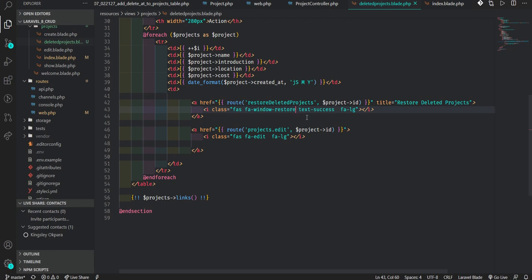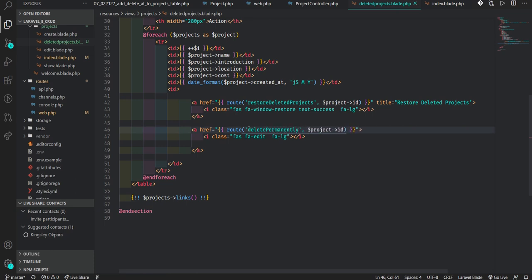When you are doing your own, you do this. Now the next one. Like I told you, I'm going to teach you how to restore it, and I am also going to teach you how to permanently delete the data from your database. So you can choose to soft delete it, or you can choose to force delete it, that is deleting it permanently. It will be gone from your database. So now let me create that route, but later we'll still go to our web route and add it. Let me call this one delete permanently.